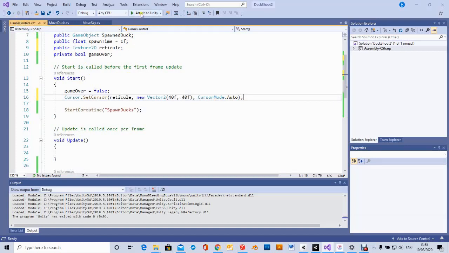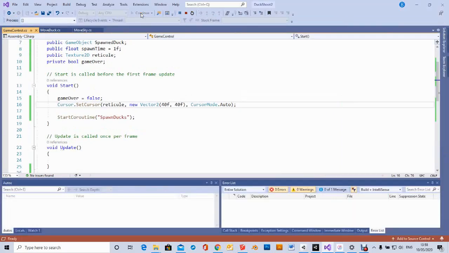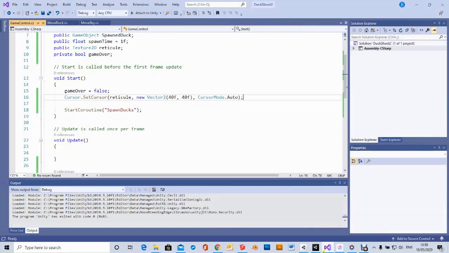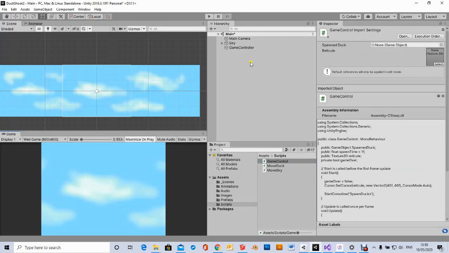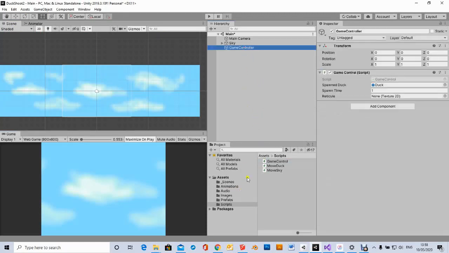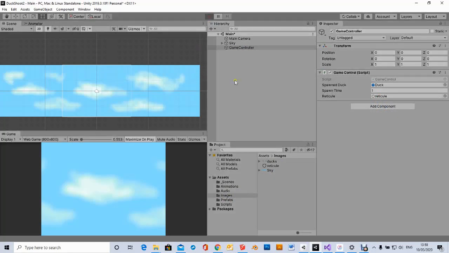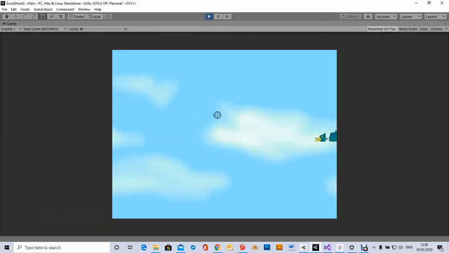Let's just check it. No errors, no warnings. Good. Stop the debugging and let's try it out. Right. So what we need to do next is to add the reticule into the script. So we've got this texture 2D here, and it's in the images. So I'll put that into the reticule spot there. Right. Let's try it out. And now we've got our gun sight,